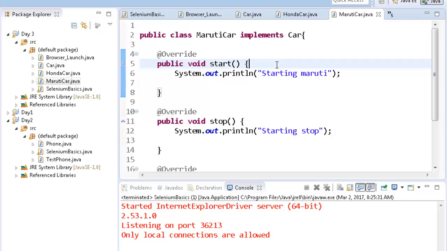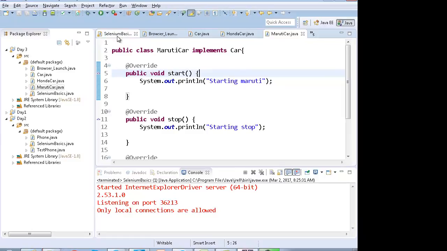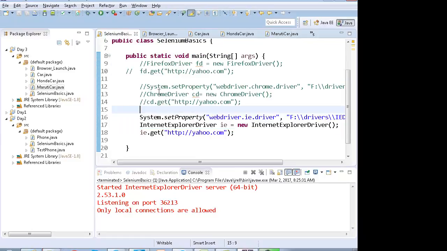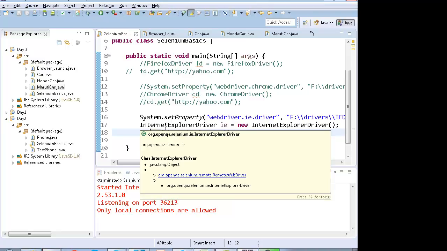In Selenium, if you go to any driver class, for example, if I move my mouse over WebDriver, you will get this link.